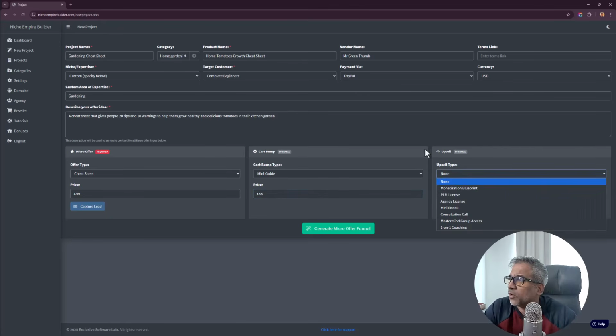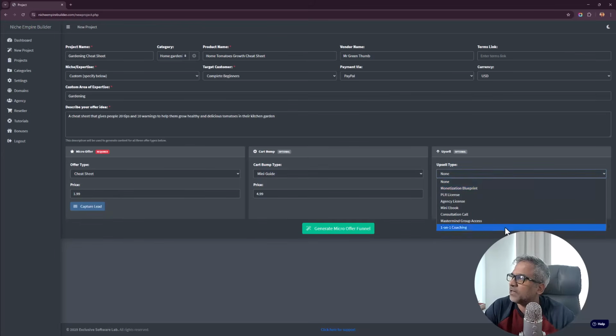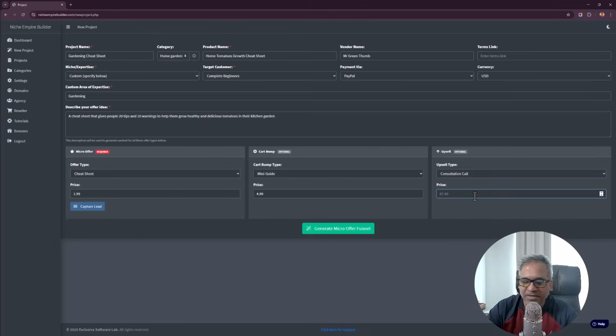And finally, you can also have another upsell, which will be apart from the cart bump. So you get the cart bump as a part of the main offer. People see it on the page itself, and when they've bought it, then they get the upsell. So then you need a little bit more detailed product, something like a mini ebook, consultation call, whatever you want. So how about a consultation call, and you can, for example, charge $97 or $67 for it,